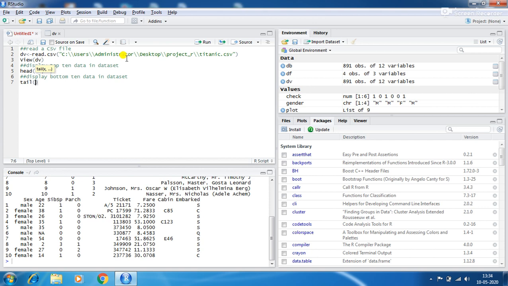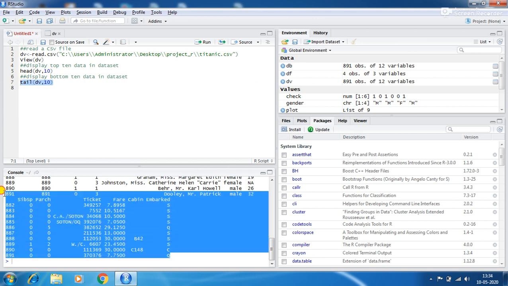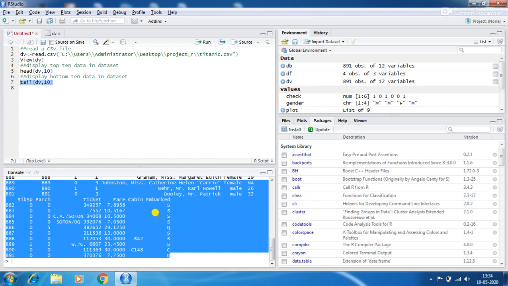The tail command is used to show the bottom 10 data if we specify 10 here. Select and then run. This is your bottom 10. Because the data is so large, we divide the data using head and tail.